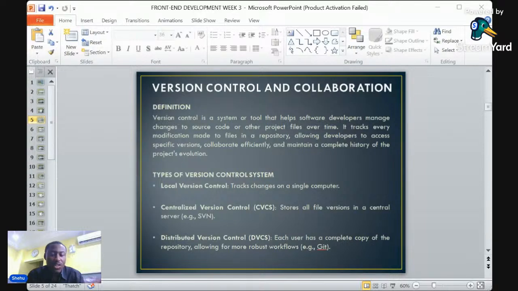So in this sense, part of the types of version control system, we have the centralized version control system, which stores all the files on a central server. And next we have the distributed version control system. In the distributed version control system, each user has a complete copy of the repository, allowing for a more robust workflow. So what this basically means is that in a software development team, we might have team members, developers,